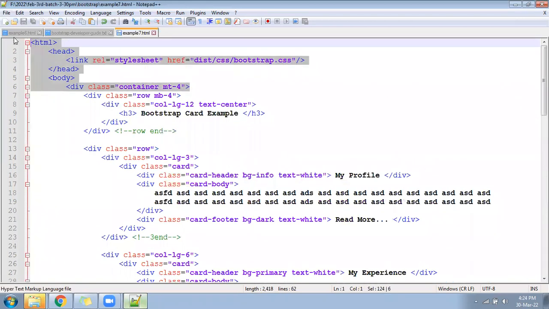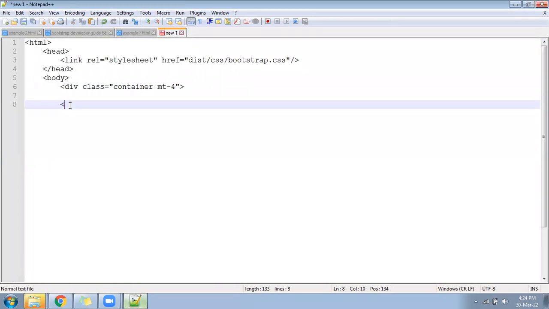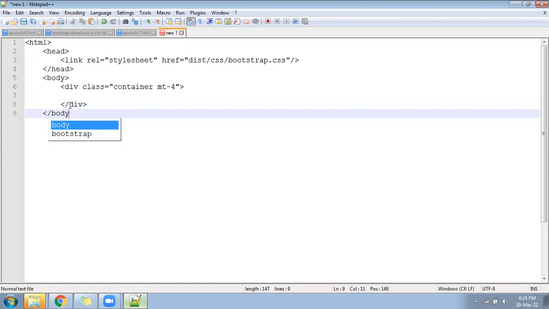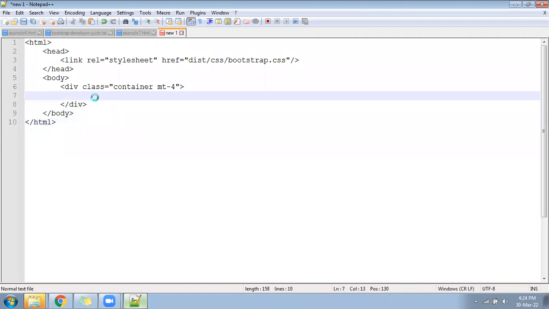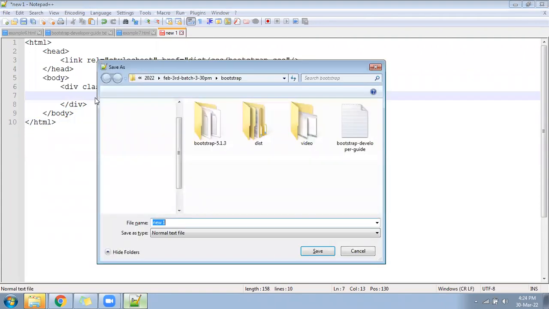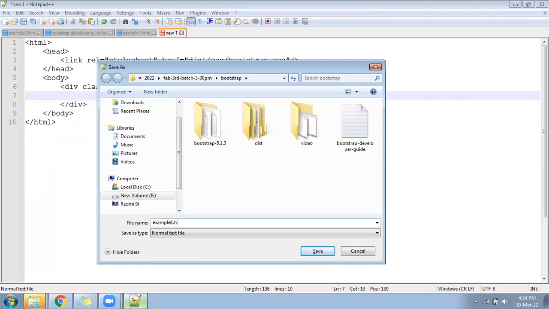Okay, so we can copy it here and paste it here again. We can give the file name. You can give button.html, or you can give example 8.html also. Both are fine. Example 8.html I have given.